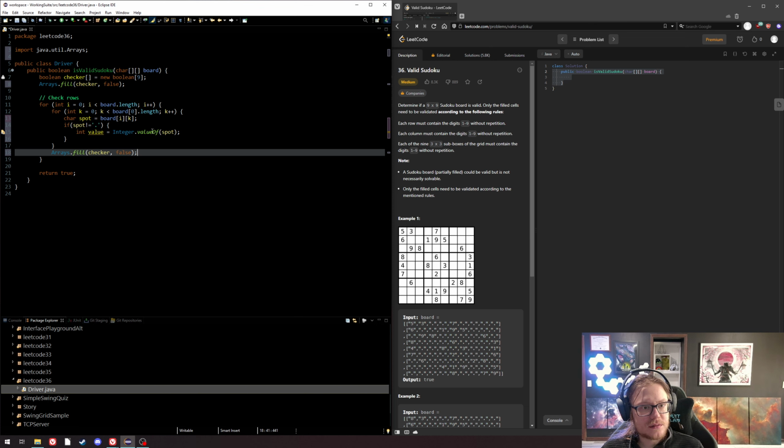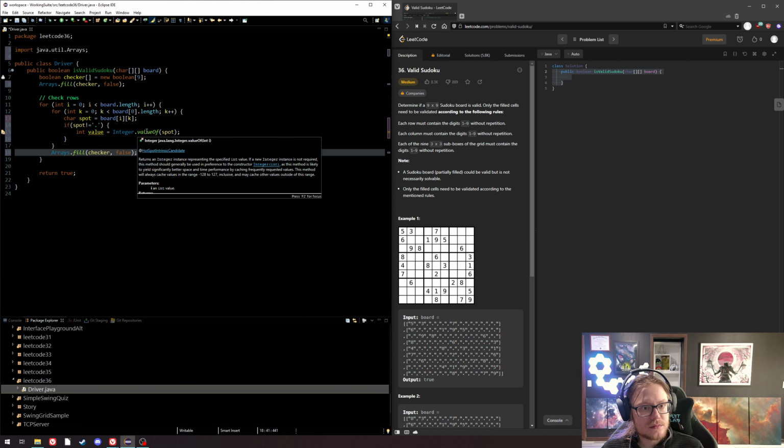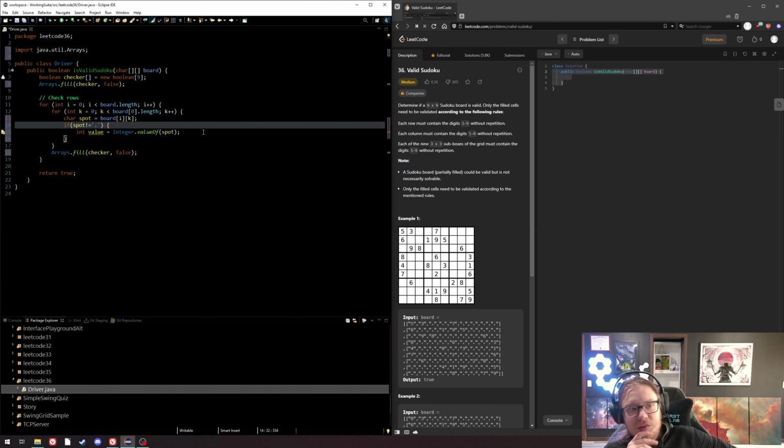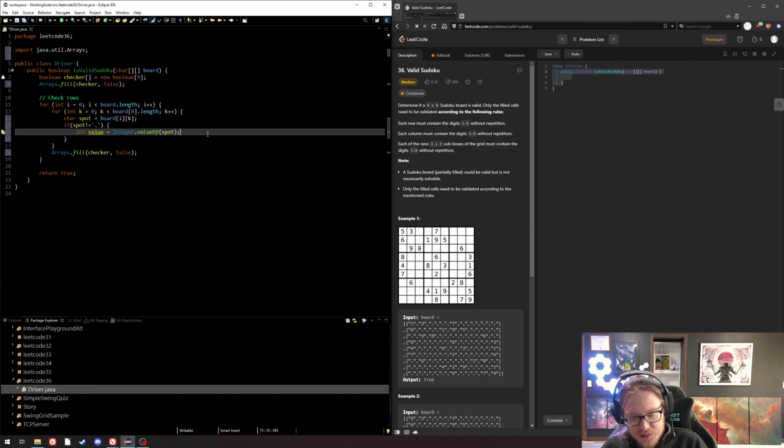There should be. Returns integer representing a specific int value. New integer instance is not required. This method should be generally used in preference to the constructor, as this method is likely to yield significantly better space performance. Okay. We'll always cache values. Yes, good. That's what I want. I thought you could quickly convert char to int without much loss, but